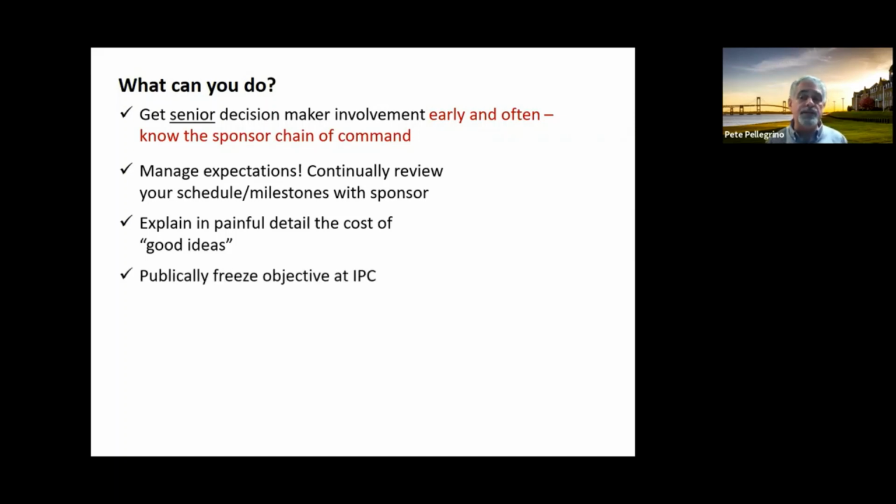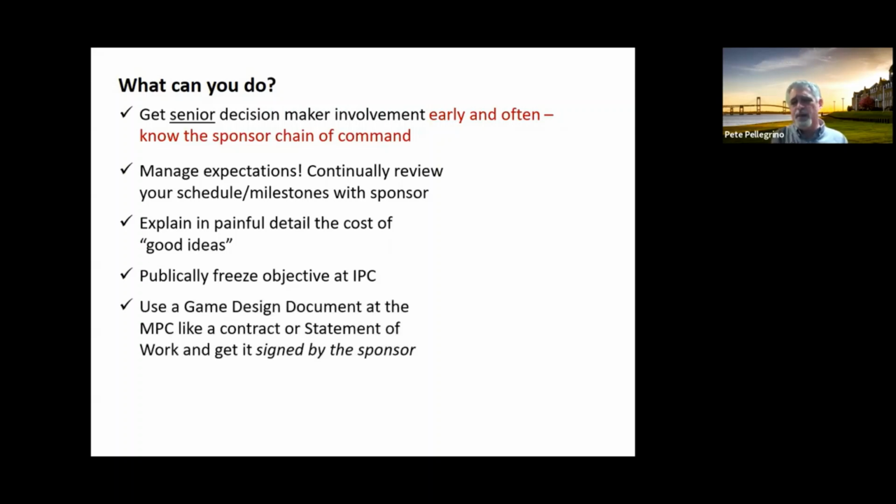The more you can get people to publicly freeze and sign things, like at the IPC for the objective, the better. I have been able to win a few battles when good ideas crept up later, by saying yes, but at the IPC, the objectives that were agreed upon by your command were these, and that doesn't fit what you're trying to do there. I've got a couple of people to back down because we were able to publicly demonstrate that we had a giant meeting, everybody agreed. I'm sorry you missed that meeting, but this is the command's position on what the objectives are for this game. And so we like to have a paperwork trail.